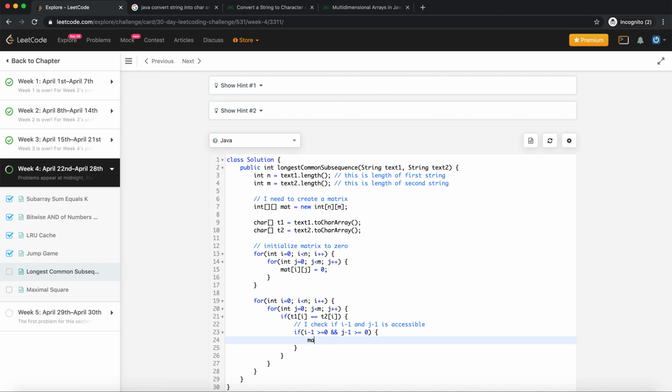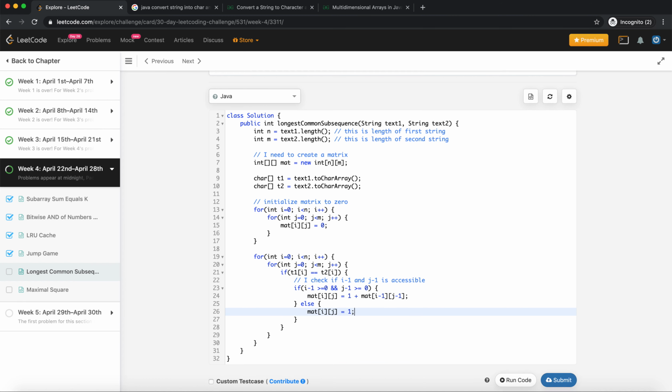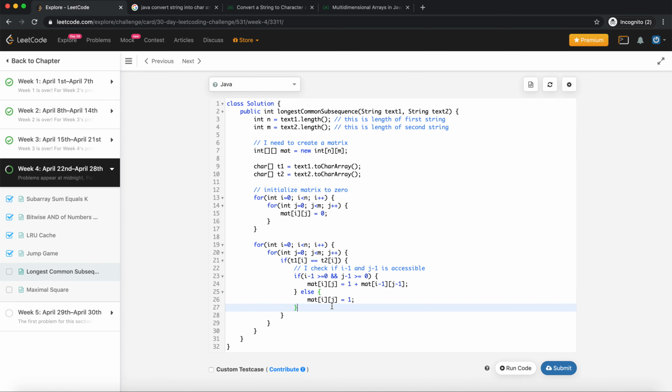Then in that case, I take mat of i, j equal to 1 plus mat of i minus 1, j minus 1, else I take mat of i, j directly equal to 1, right? Now if it doesn't match,